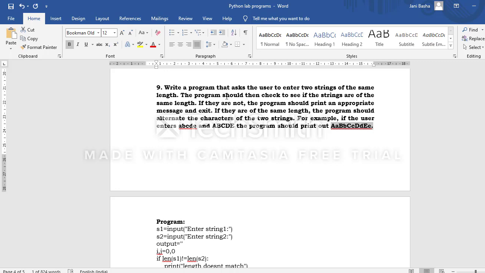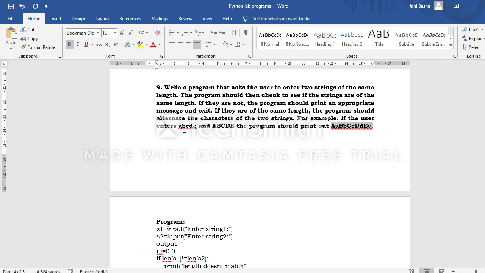First of all, in the program, we need to take two strings of the same length. If both the strings are of the same length, then you perform this operation, that means printing the alternate characters.